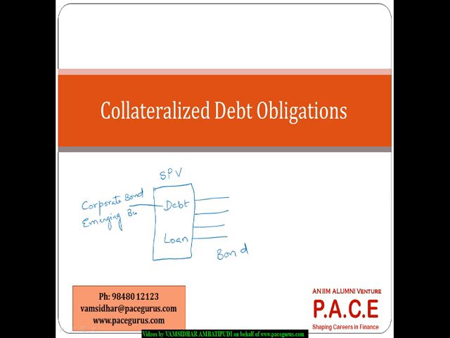So this is one kind of pool that could be there, or there could be other pools like bank loans, more leveraged kinds of bank loans. Now, if I have bonds as the underlying asset base, I call the instrument thus created a collateralized bond obligation, CBO. And if I have the loan pool as the underlying asset, I call it a collateralized loan obligation, CLO. So again, these are offshoots of the collateralized debt obligation itself.